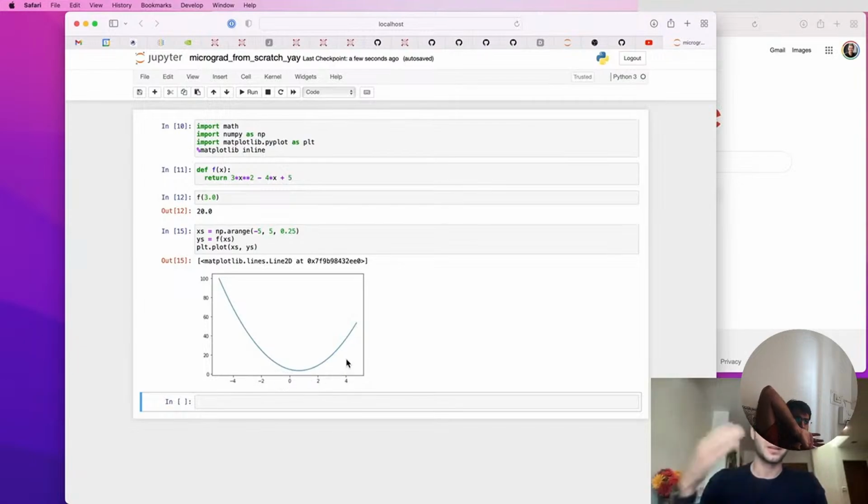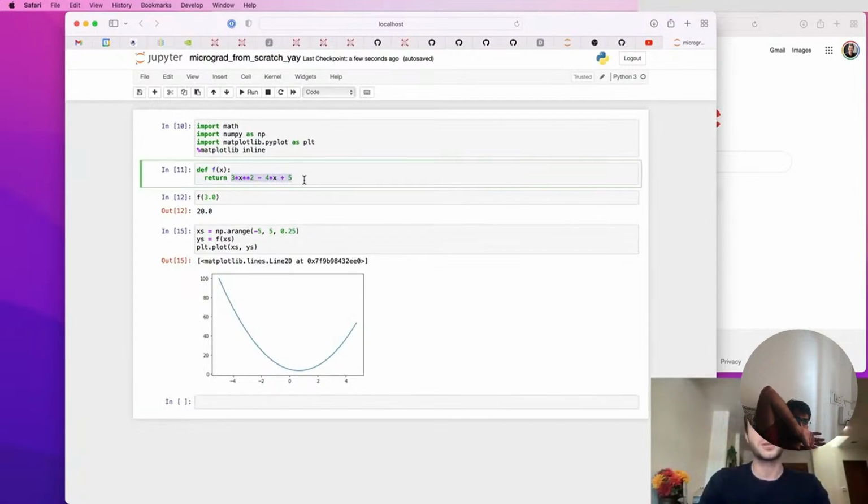Now, if you remember back to your calculus class, you've probably derived derivatives. So we take this mathematical expression, 3x squared minus 4x plus 5, and you would write it out on a piece of paper and apply the product rule and all the other rules and derive the mathematical expression of the derivative of the original function. And then you could plug in different x's and see what the derivative is. We're not going to actually do that,